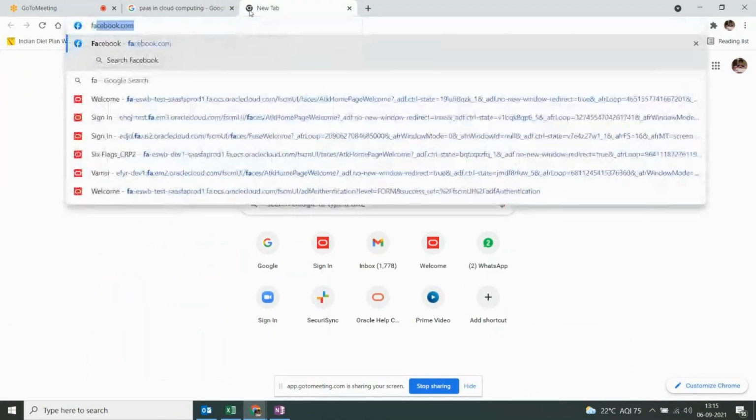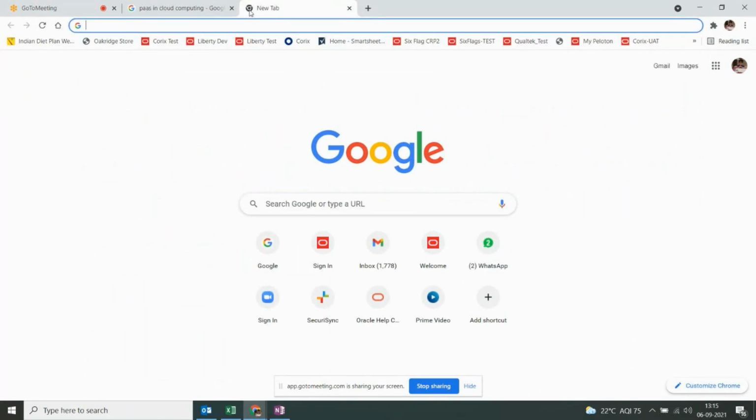Login ID and password, right? So, username and password. Even for the Fusion application, you should have your own login details, your own username and password.